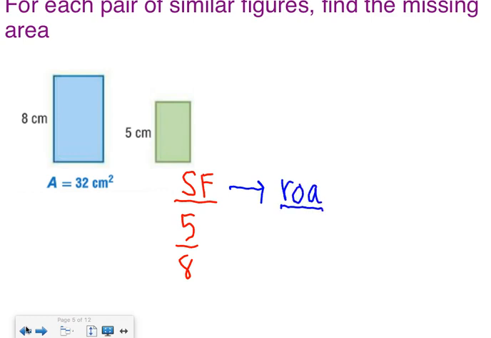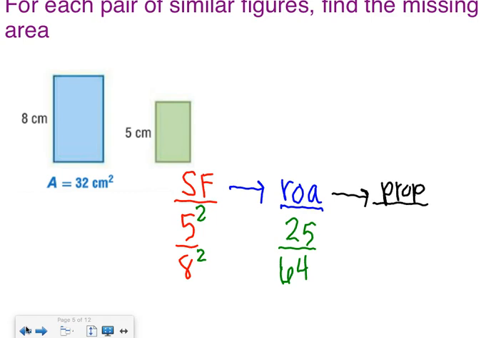Okay, now from here, how do I get to the ratio of our areas? I'm going to abbreviate it to ROA. What do I have to do to this? Did we say if we're at A to B, we take A squared to B squared? Yep. So what is 5 squared? 25. What's 8 squared? 64. Okay, so we're cooking now. So now from here, you can write a proportion and cross multiply. So you're going to start with the ratio of your areas, 25 over 64, and set it equal to,